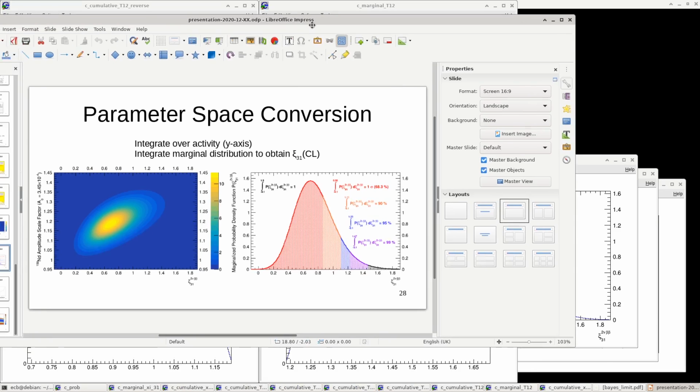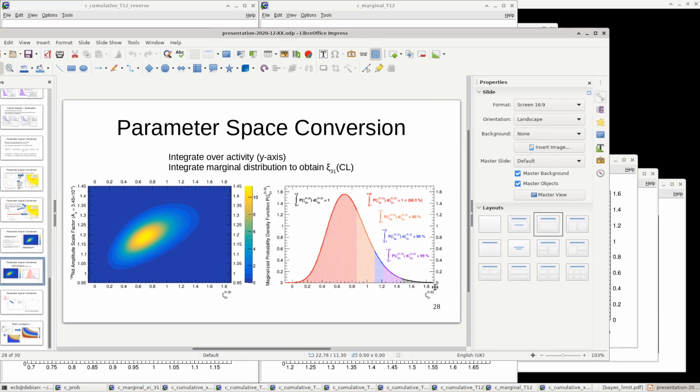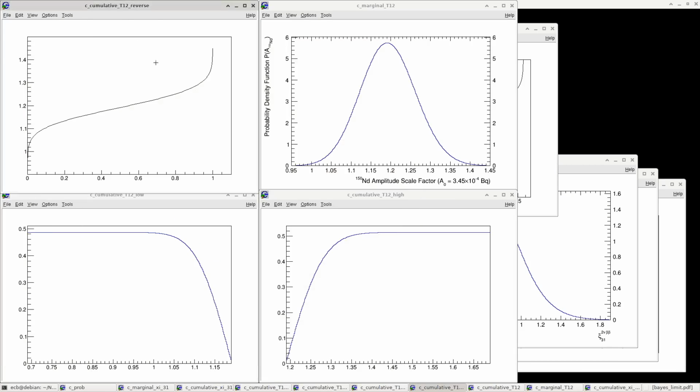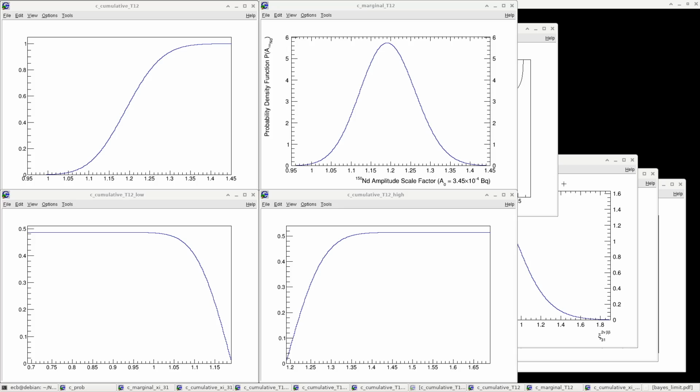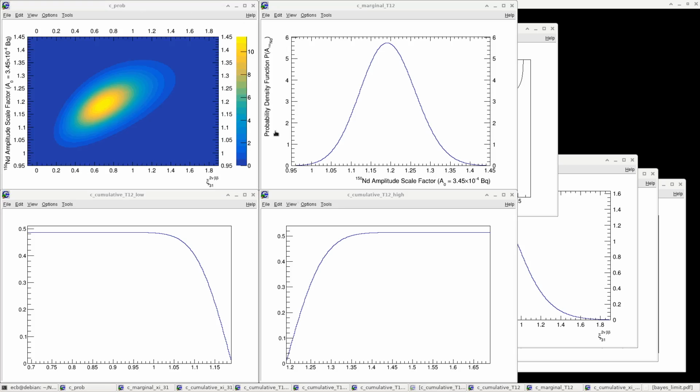Oh, that one was for Xi, actually. Not Half-Life. These figures I'm showing here are for Half-Life. So for Half-Life, it's obviously different. It doesn't matter that much, but it's a bit above 1.25. Okay, fine. So the only other comment I have is because this space is bounded,